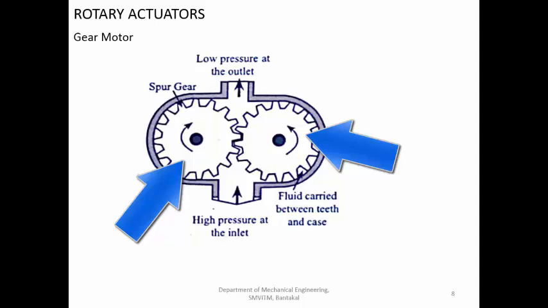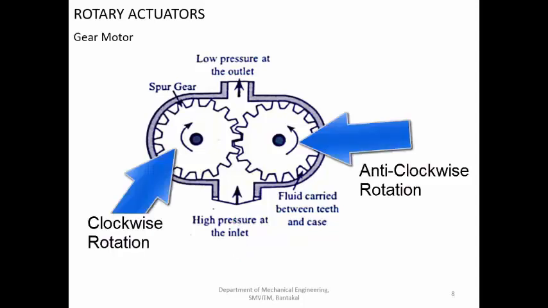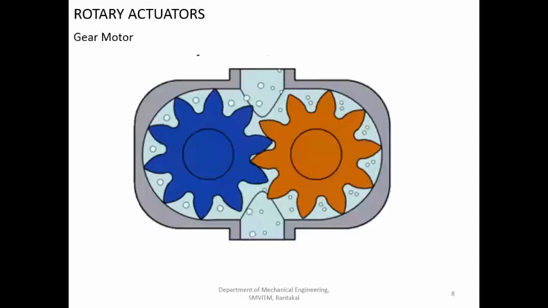You have the inlet port, which will be the larger one because you have to supply high pressure air, and the outlet port at low pressure, so the air can escape at a faster rate out of the motor. Now when you are supplying high pressure air, the output is connected to only one of the two gears. That is important to remember. It is not connected to both. Only one of the two gears has the output shaft from where you take the load.